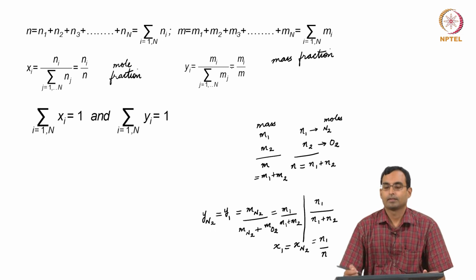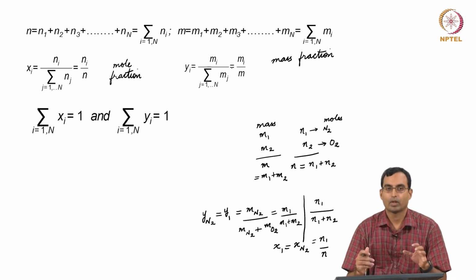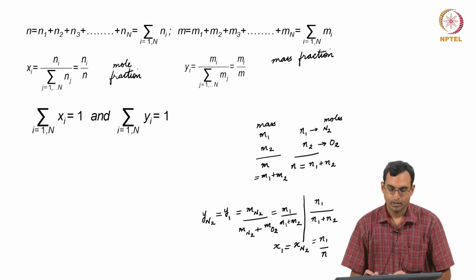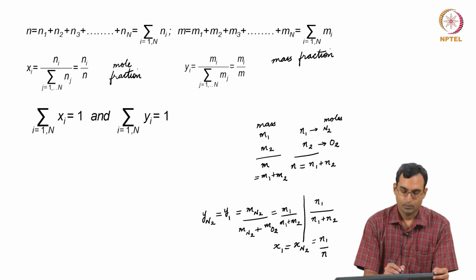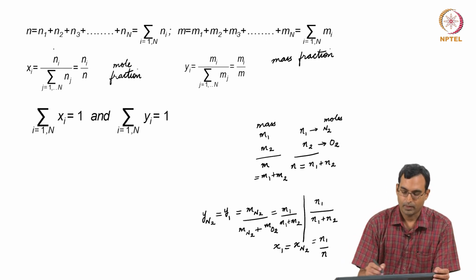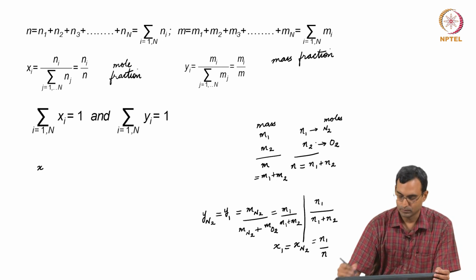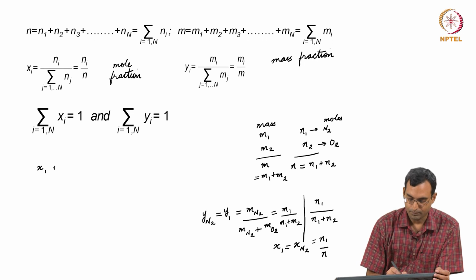So, this tells us what is the quantity of mass of one of the gases compared to the total mass of all the gases which we have in that volume. Since we defined the mole fraction in this way and the mass fraction in this way, if I was to take a summation of all the xi's, all the mole fractions, for example, if I had only two gases 1 and 2, if I was to take x1 plus x2,